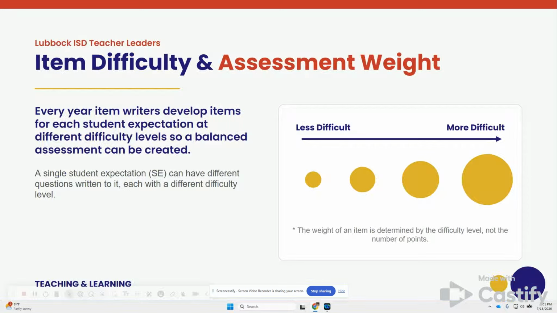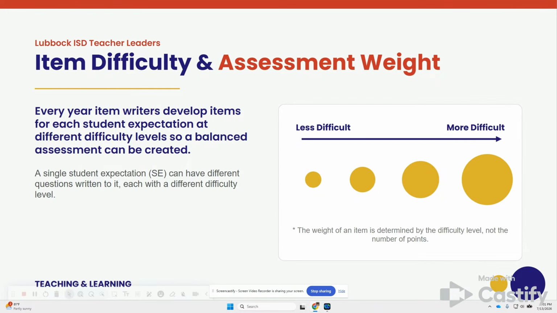Think about an important readiness standard for your grade level. Every year, test writers develop questions for each student expectation at different difficulty levels. Look at the graphic with yellow circles. Since all of the circles are the same color, that means they assess the same standard,